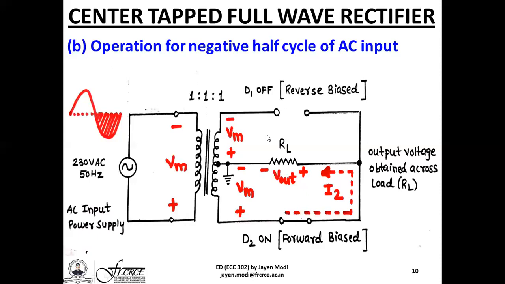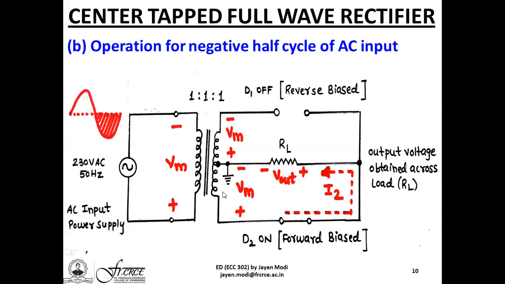The condition here is the center tap should be located exactly at the center of the transformer secondary winding. If the tap is located slightly more towards the upper part, the upper half will have a lower voltage compared to the lower half. Conversely, if the center tap slightly falls to the below part, you'll have a bigger voltage on the upper half compared to the lower half. So this mismatch will not give you an equal DC rectified output voltage across the load RL.